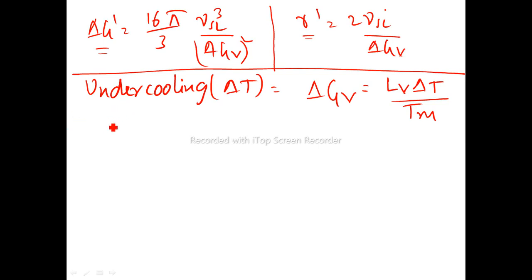Just go back and check this expression. After substituting this expression in these two, we will get R star, R dash as 2 gamma SL Tm divided by LV and 1 by delta T,